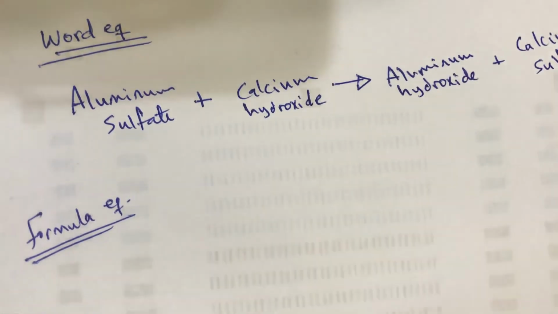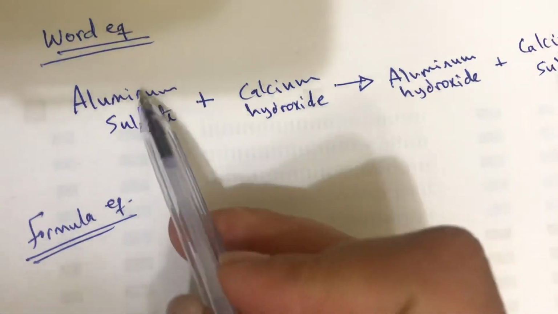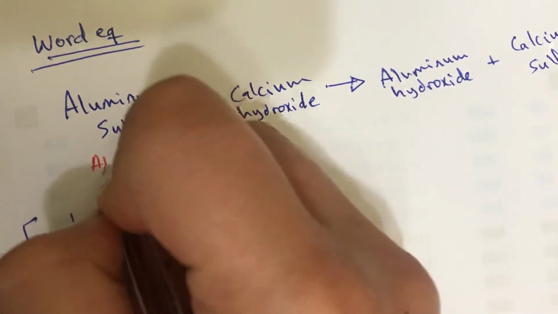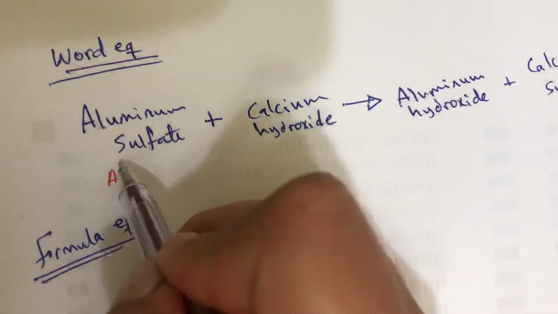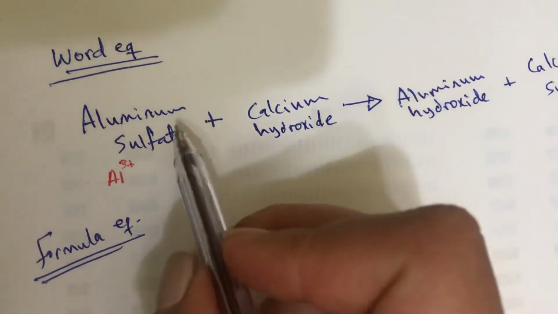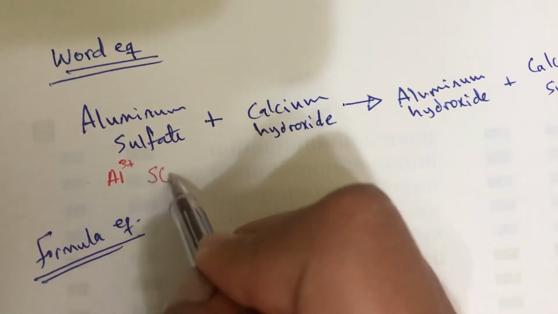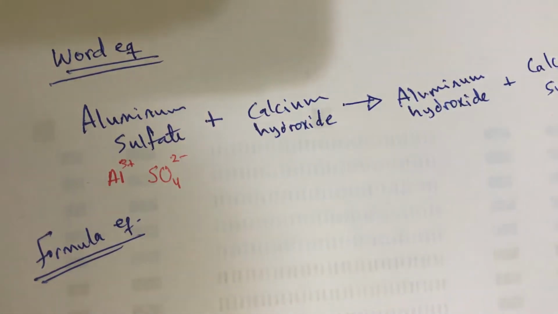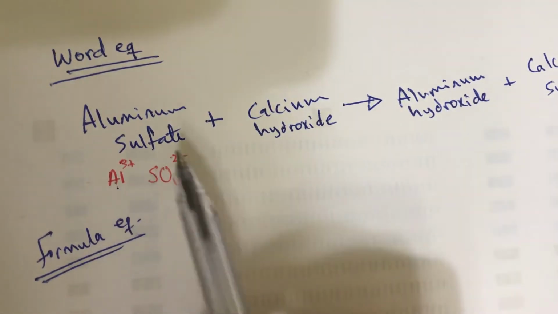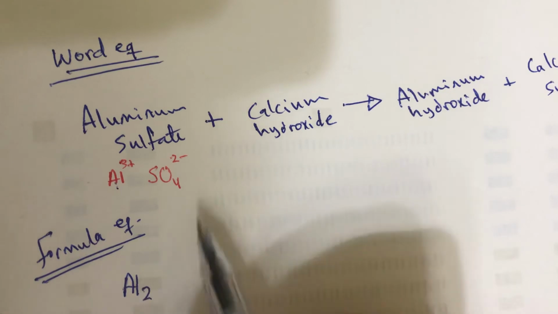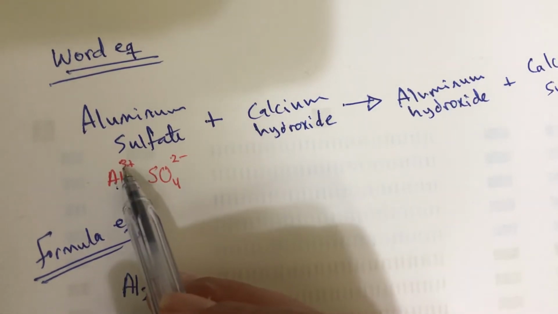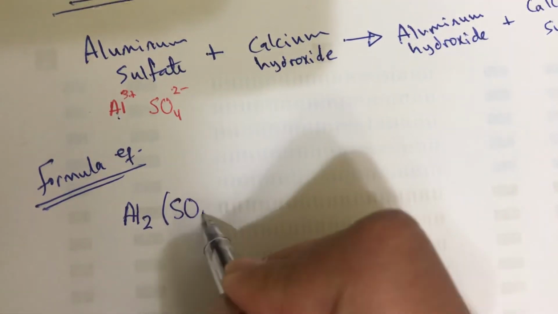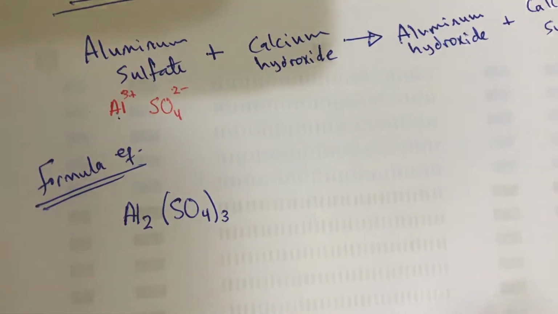What is the formula for aluminum sulfate? The symbol for aluminum is Al, it's in group 3 in the periodic table, so positive 3. Sulfate is a polyatomic ion, SO4, and the charge is negative 2. So you have to multiply aluminum by 2 and SO4 by 3, and because it's a polyatomic ion, you have to put it in between brackets, so by 3, plus